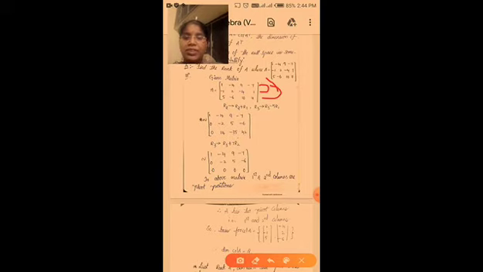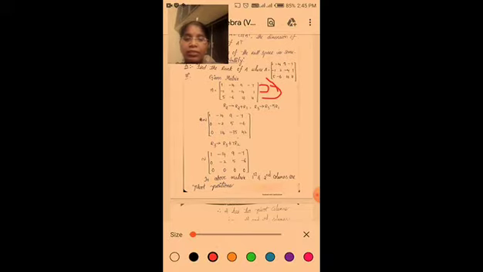First and second rows are the same: 1, -4, 9, -7, and 0, -2, 5, -6. In the third row we do the operation R3 plus 7R2; we multiply R2 by 7 and add it to R3. So 0 plus 0 is 0, then 14 plus 7 into -2 gives -14 plus 14, which is 0, then -35 plus 7 into 5 is -35 plus 35, which is 0, and the last entry gives 0.